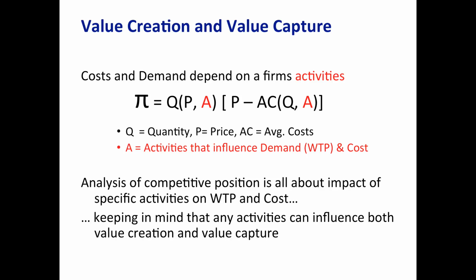The way I'm trying to illustrate that on this slide is to say, look, if we just write down the function for a firm's profits, which are the quantity it sells, which is a function of price and all of the other stuff that a firm does to generate willingness to pay, times the firm's margins, which are its price minus its average costs. And those average costs are a function of quantity